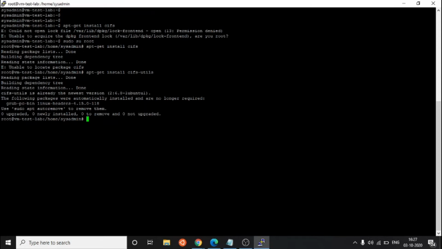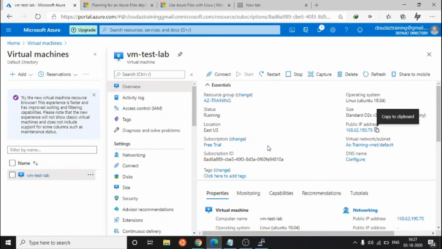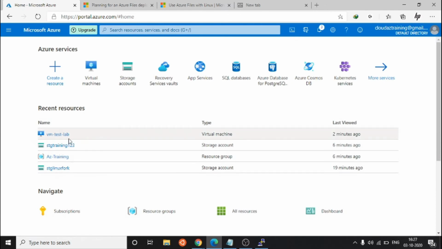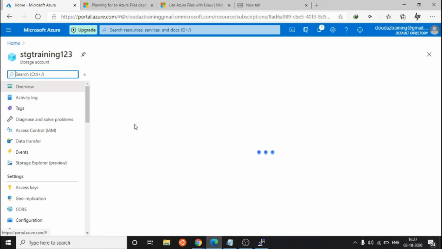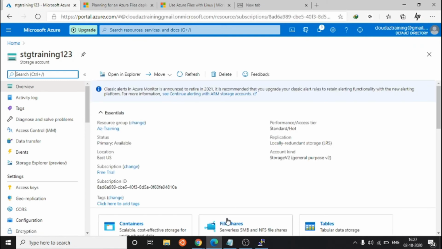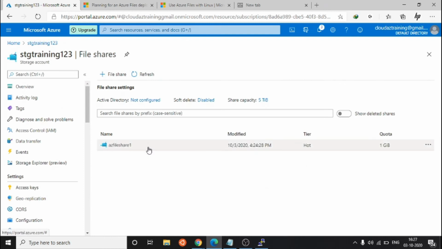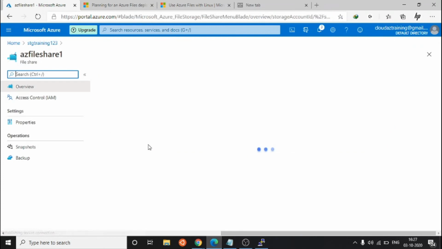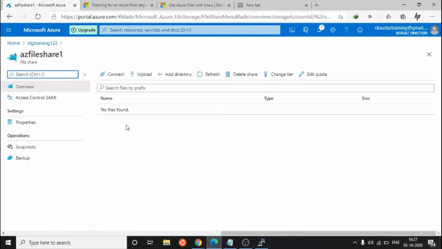Now just go to the portal, go to the storage account which we have created. Select file shares, click on the AZ file share 1 which we have created.